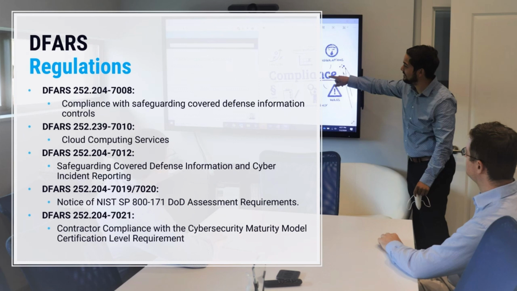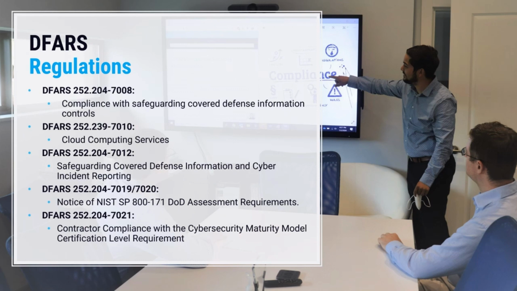The 252.204-7012 clause outlines the requirement for incident reporting. If you have any compromises on your network, the government wants them reported to DIBNet, the Defense Industrial Base Network. It's the collaboration platform for defense contractors, and that needs to be done. They call it rapid reporting, but it really needs to be done within 72 hours of the detection of an incident. So that's a pretty quick time frame.